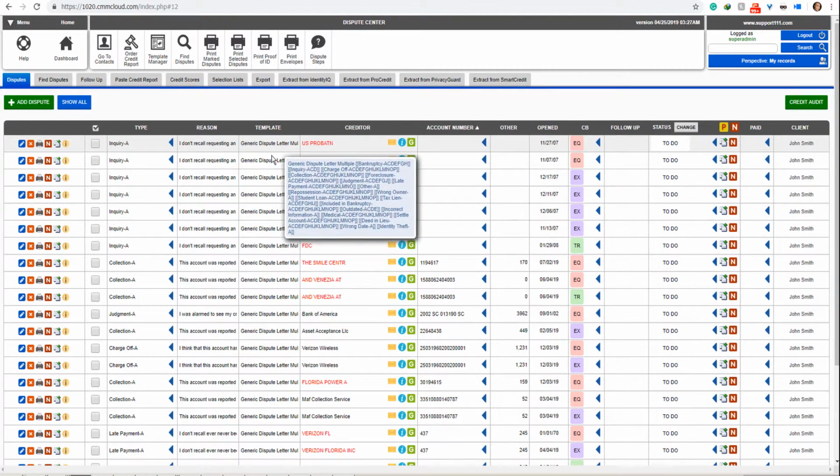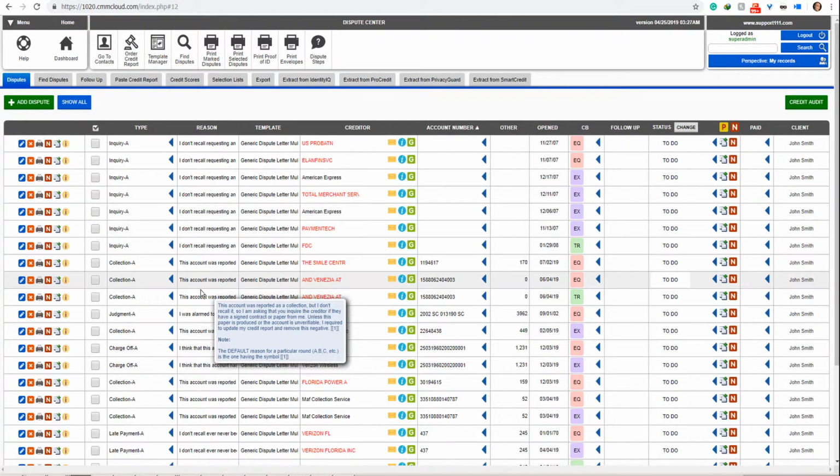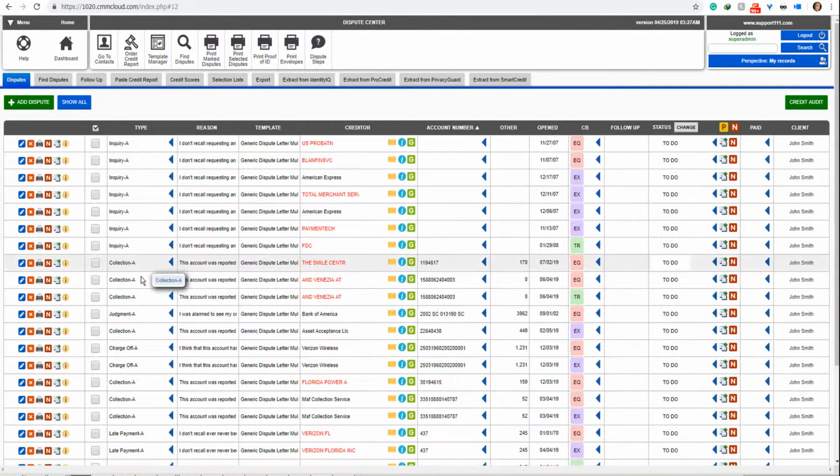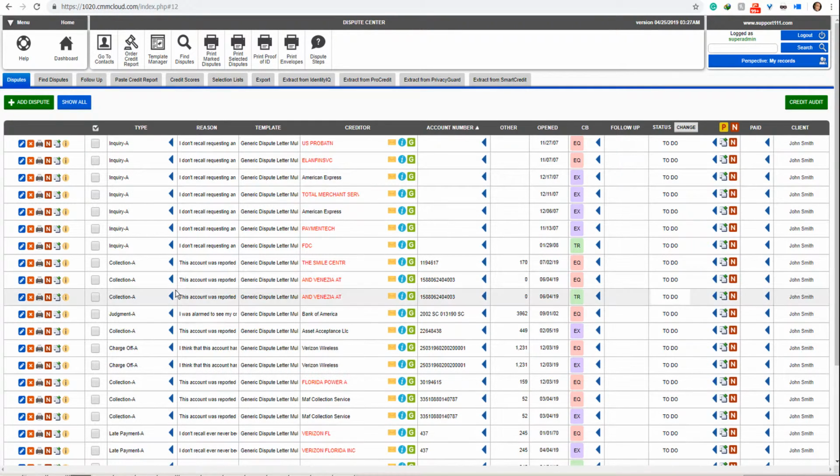But also it assigns the letters automatically, which only we do, and the reasons also, so you don't need to know much about how to do credit repair, because the program does it all for you. And then you only click print selected disputes,